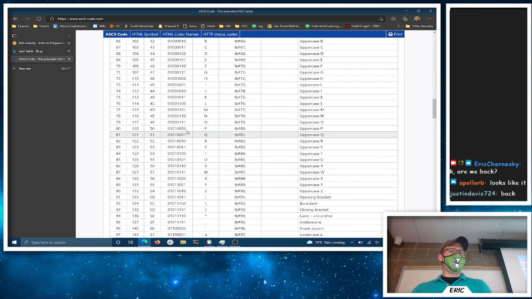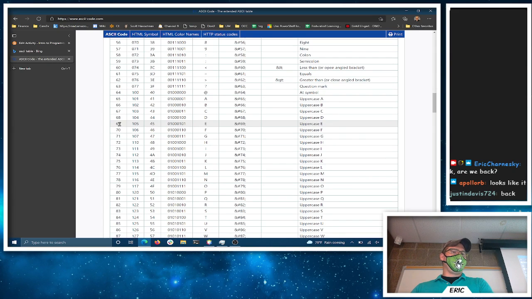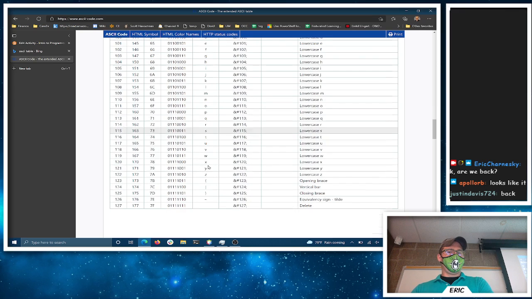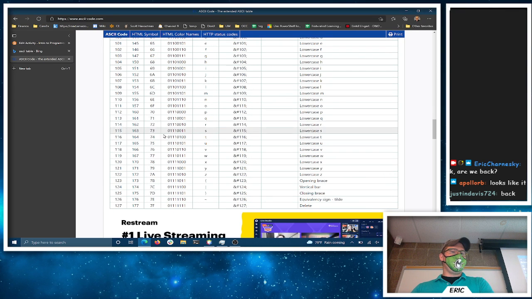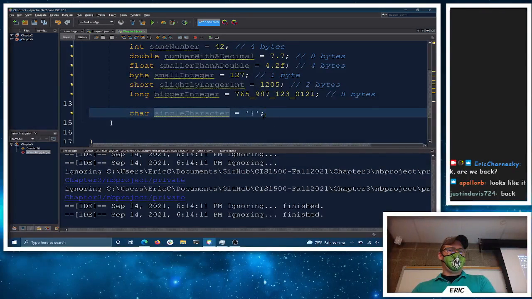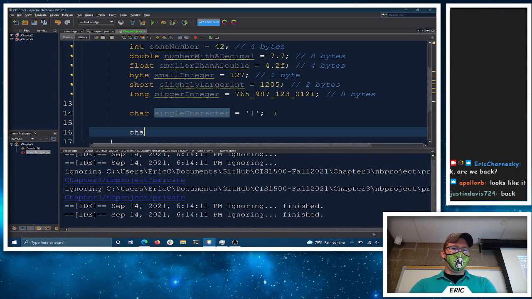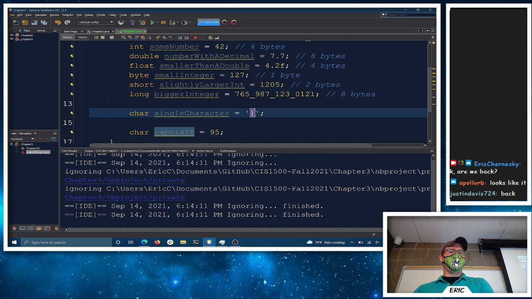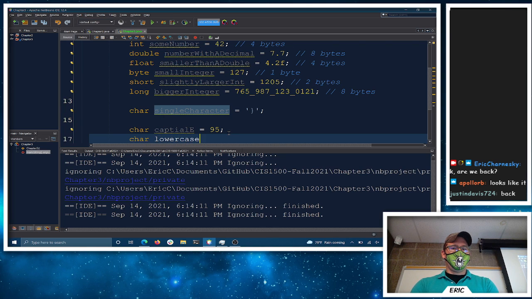Right? So if I wanted to write Eric in ASCII, I'd use the number 69 as my character for E. And then if I wanted to be fancy and go lowercase, I go find the R is 114, and then an I, 105, and then a C, 99. So you can assign characters like this, and I can also assign capital E, what did I say, 69? You can assign a character as the numeric value. These are essentially interchangeable behind the scenes. Whether or not you give it the character, it will get translated to the number, or you just give it the number directly. So lowercase I, what did I say,